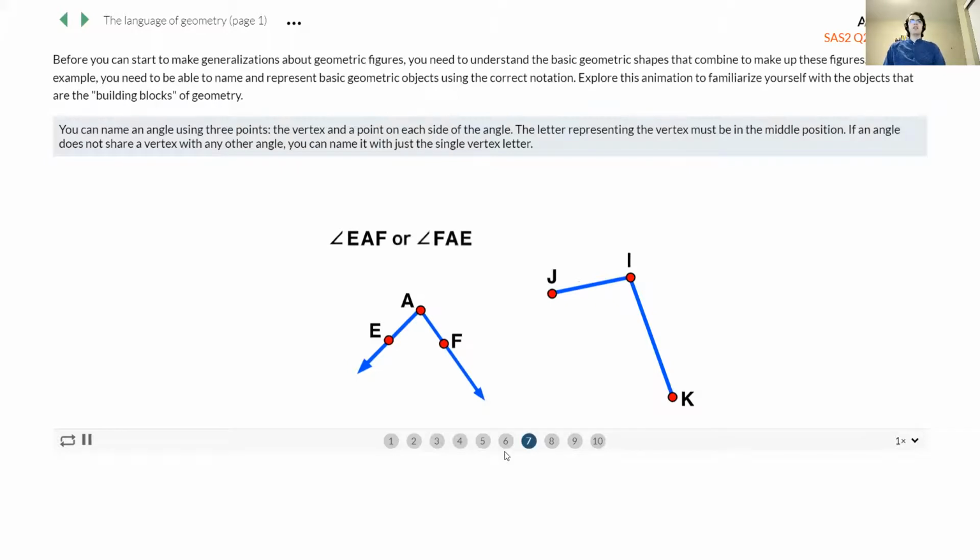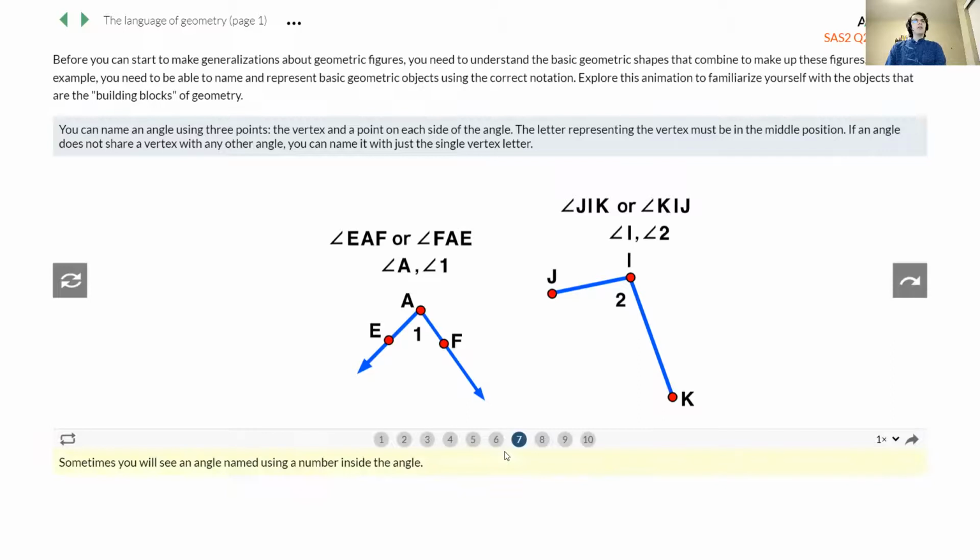Because it's kind of like I've arranged the letters in such a way that the duplicates smoosh and fuse together. You'll notice, right, I can also name these with just the vertex, A or I. Why can I do that? Because I can't construct it with just A and I, right? Well, I kind of can, okay? I kind of can, in the sense that I can refer to specifically this angle by the vertex that is